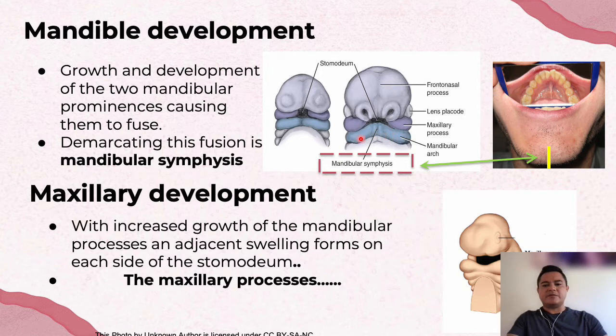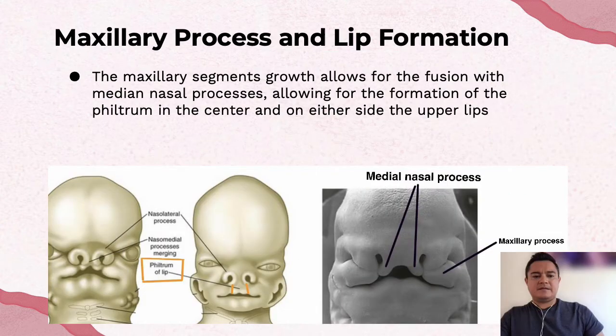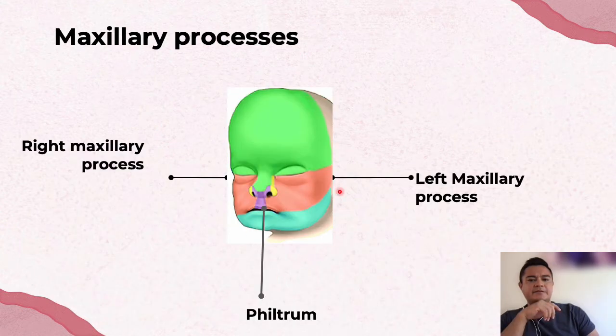With the continued growth of the mandibular process, two adjacent swellings form on each side of the stomodeum. These are the maxillary processes. Okay, so proliferation allows for growth and development of the upper lip after fusion with the crescent roll-shaped medial nasal processes. The medial nasal processes form the intermaxillary segment and demarcate the fusion between the three prominences at the philtrum of the lip. Here's a glimpse into the future, but in the meantime, let's look internally at the formation of